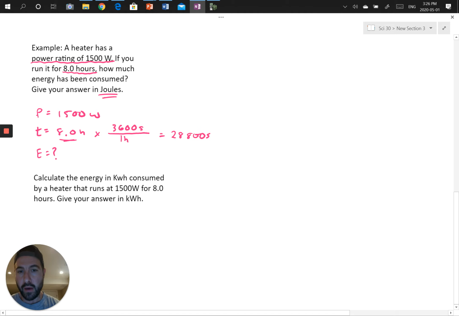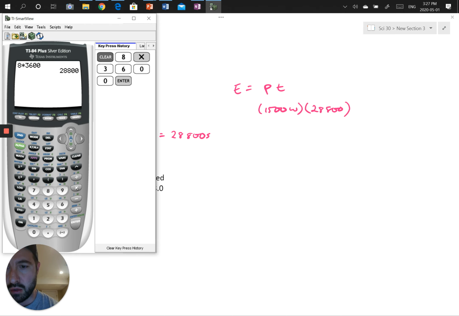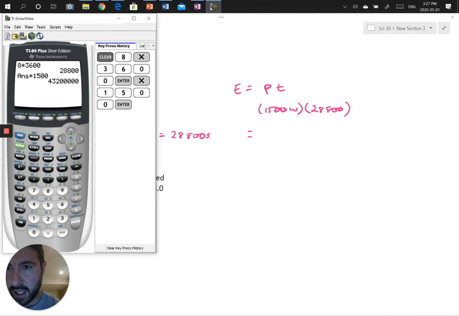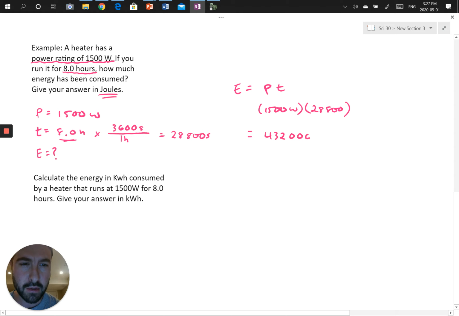Okay. All right. And now I can do my formula here. So I have energy equals power times time. My power is 1,500 watts. My time is 28,800 seconds. So when I multiply those, I'm just going to multiply my last answer by 1,500 watts. And I'm going to get a pretty big number here. So it's 4, 3, 2, and then 5 zeros. Now, I should put this in scientific notation, and I should really do it to 2 significant digits since my 8